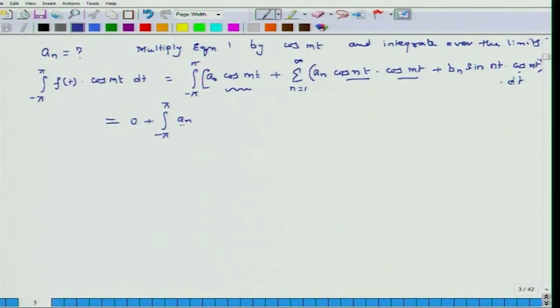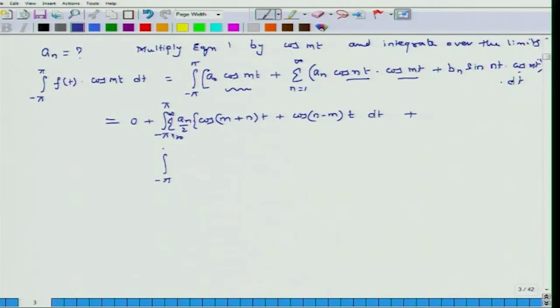So it is an over 2 cosine of (m plus n)t plus cosine of (m minus n), actually it should not matter, but I will just write it (n minus m)t, and this whole thing is being summed from n equal to 0 to infinity, dt